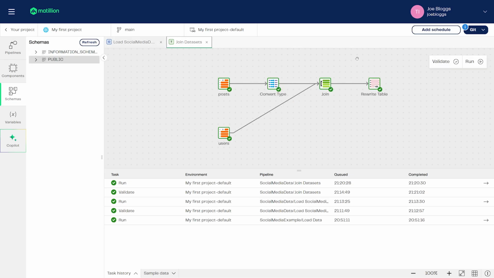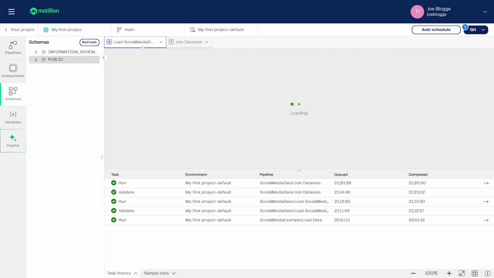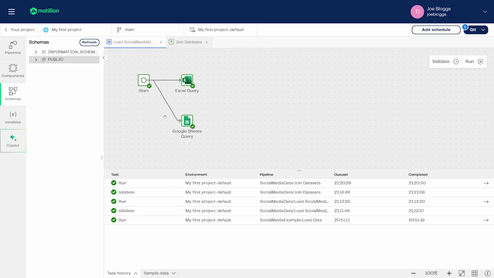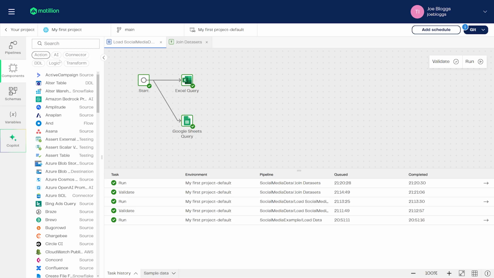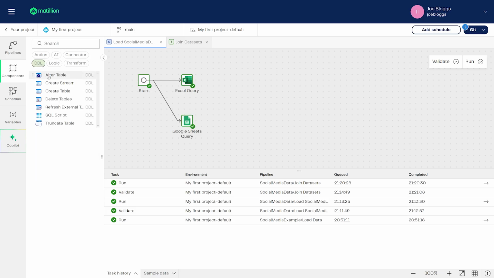separately. And there are plenty of things you can do in an orchestration pipeline. You can use high-code options such as Python pushdown, for example. You can perform DDL tasks such as create tables and deleting tables. You can write your own SQL scripts, and you can also control the logic of how the job flows. For this example, we're going to keep it relatively simple and edit this pipeline so that it runs our transformation